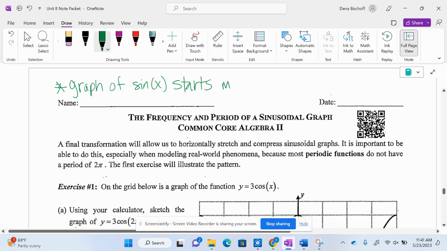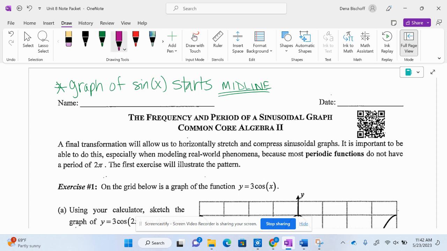Sine always starts at the midline. Okay, on your y-axis, right? Because that's how you write the equation for a midline. And then the graph of cosine of x, the cosine function, is either above